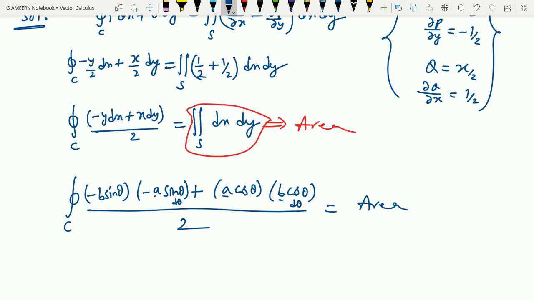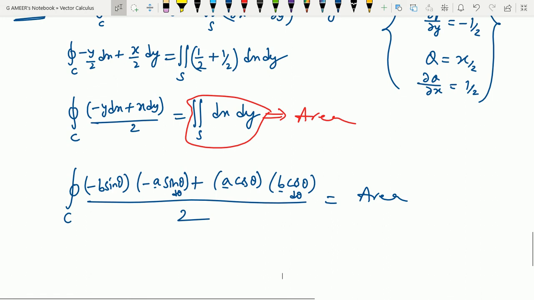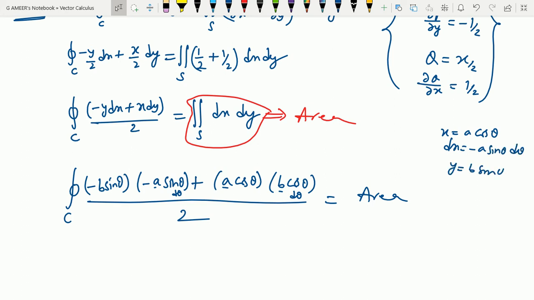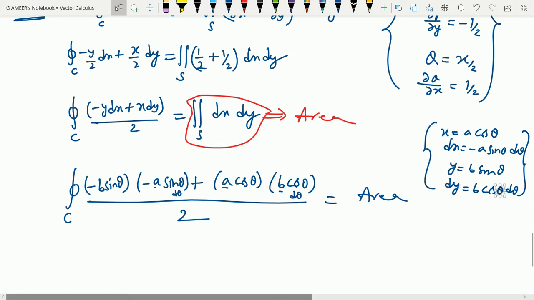So finally, because when I have x is equal to a cos theta, then dx will become minus a sin theta into d theta. Similarly, when I have y is equal to b sin theta, dy will be equal to b cos theta d theta. Okay. So finally, what I have here,